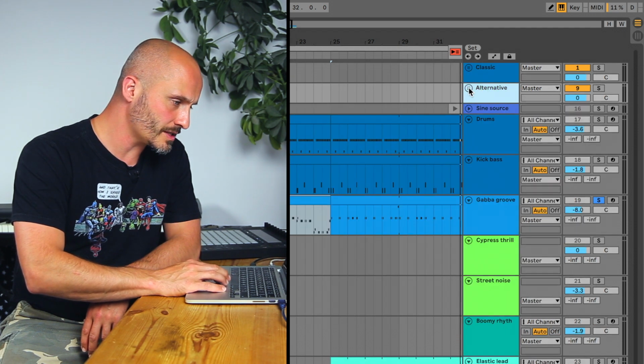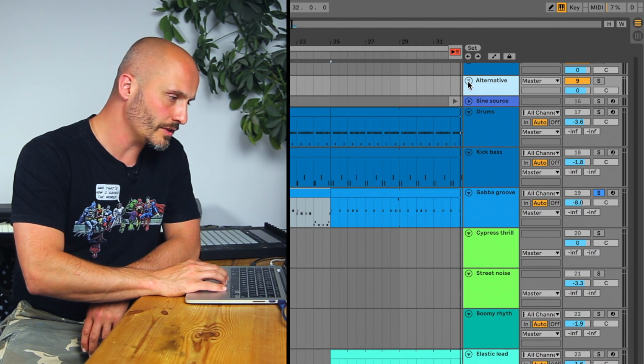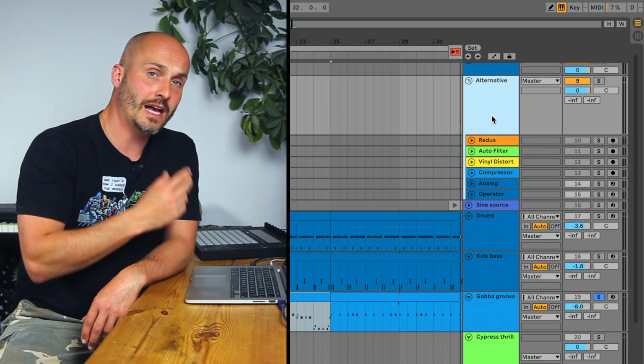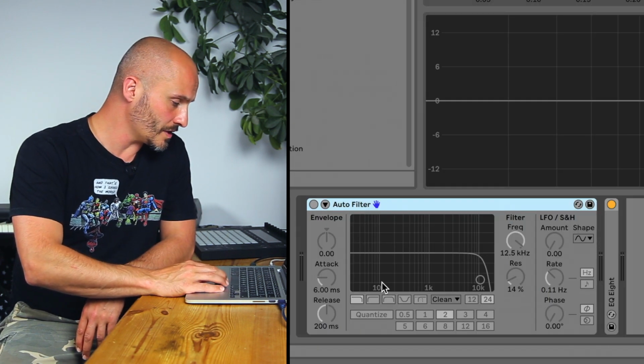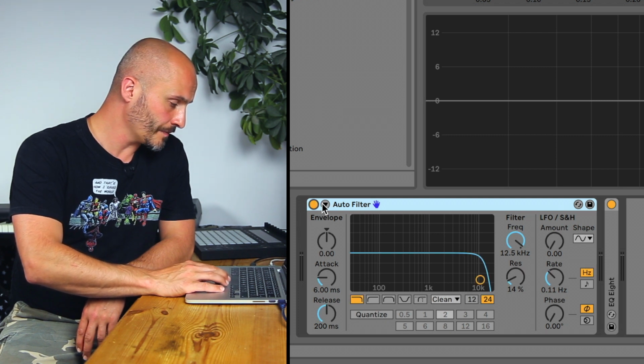So some of these are just signposts really for you, just to understand that a couple of other devices in Ableton Live have distortion built into them. So one of them is auto filter. If you look at auto filter, just turn it on, and you go to this section here, which is basically like the